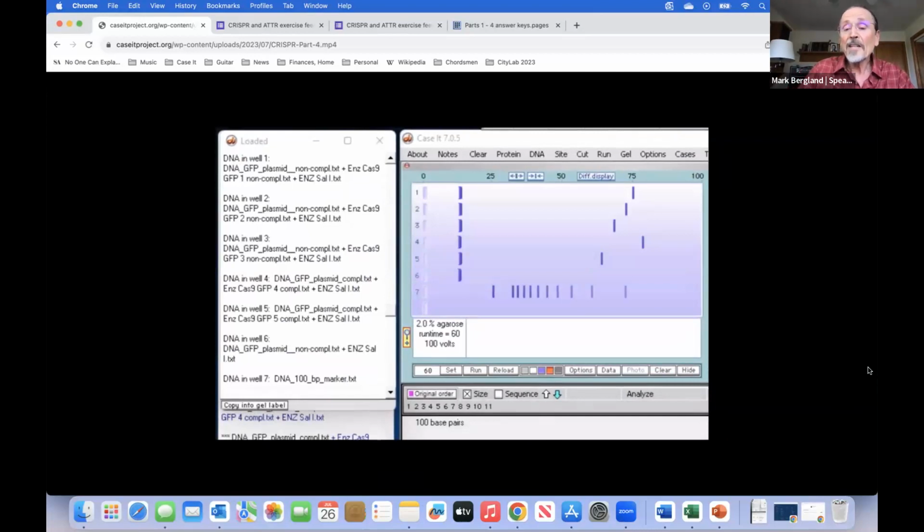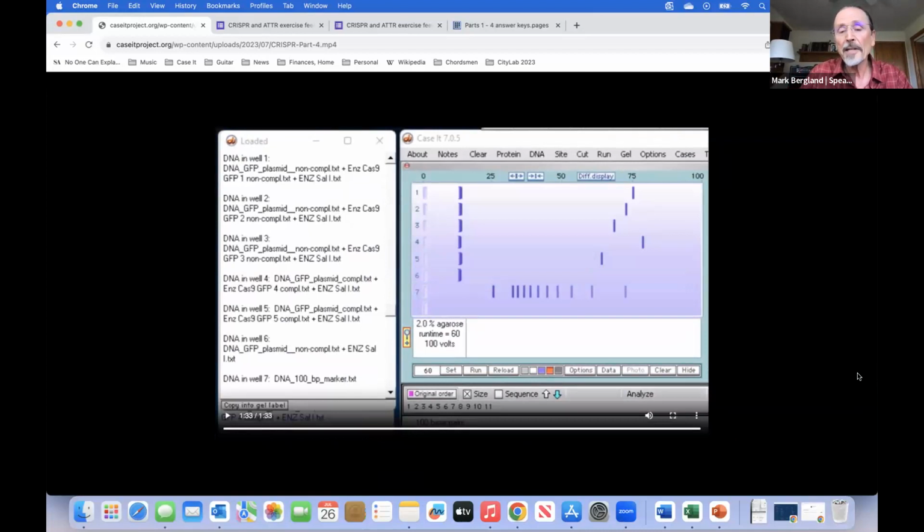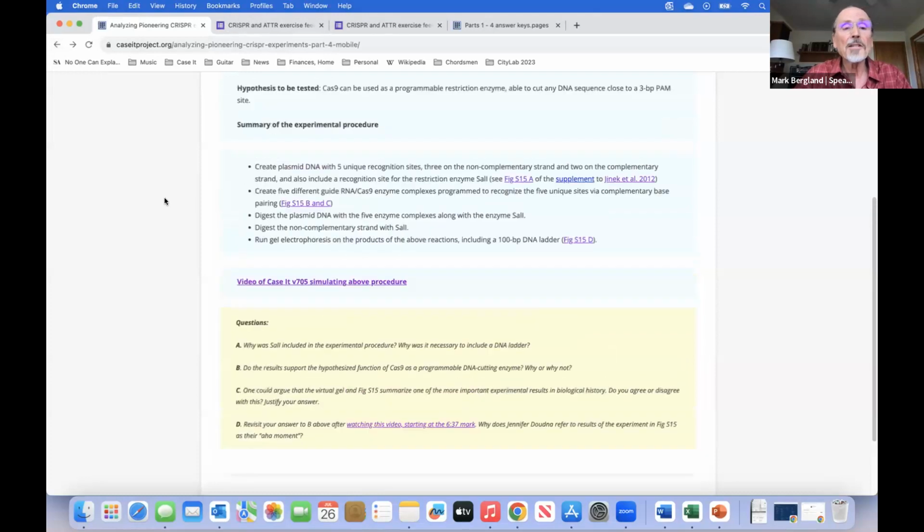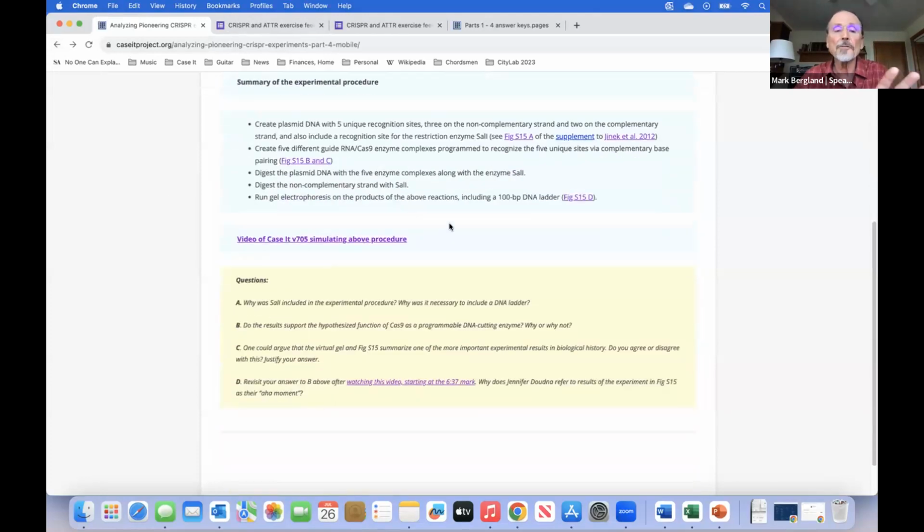And again, that's one of the most important figures in history, and it won the Nobel Prize. That particular figure, which is figure S15D in the supplement to the Jinek paper, is really what won the Nobel Prize. So if I go back, this mobile version is a highly condensed version. This is what Ken was talking about, but very quickly,